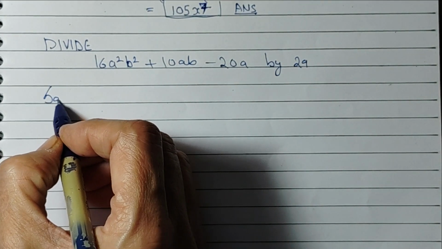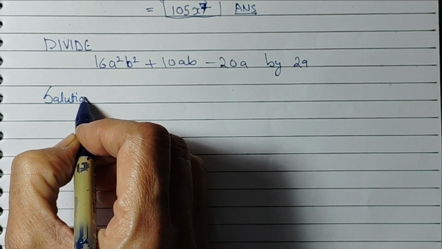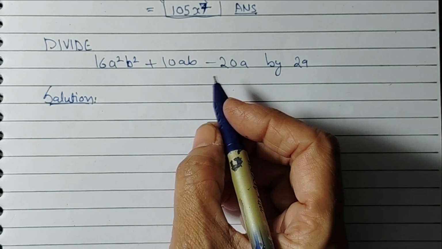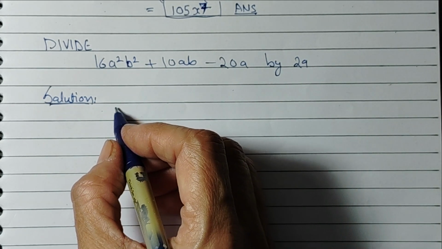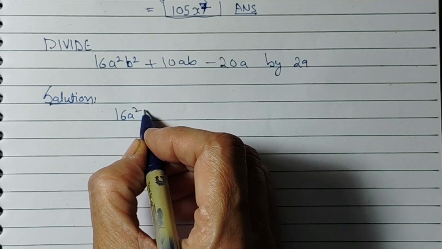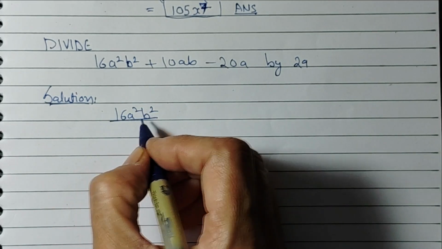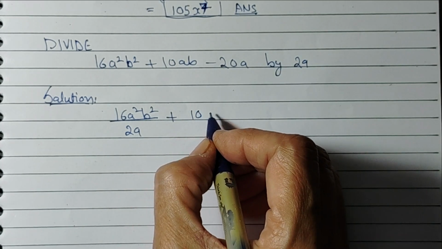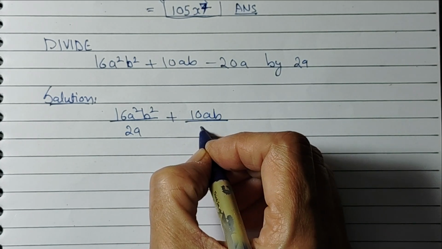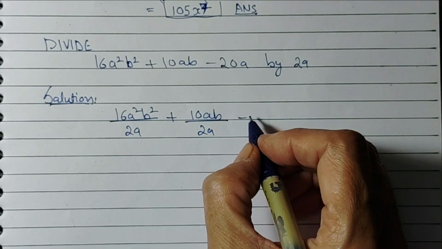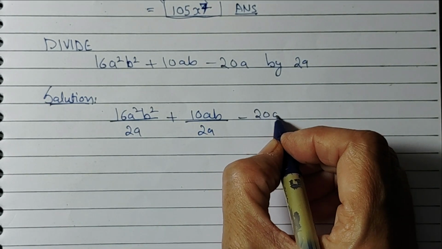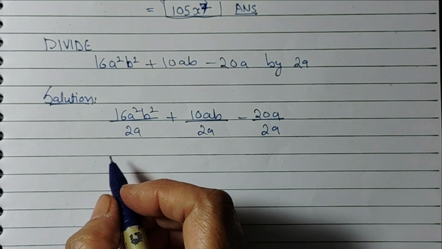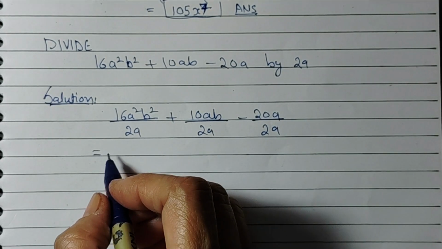Solution is, every term must be divided by 2a separately. We write this as 16a square b square divided by 2a plus 10ab divided by 2a minus 20a divided by 2a. So it will be equal to